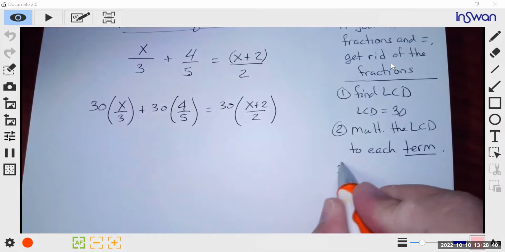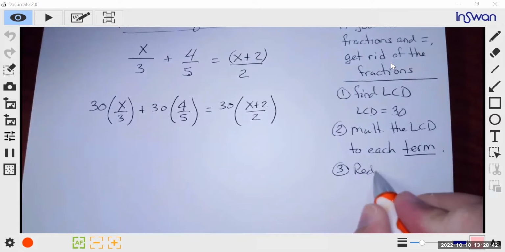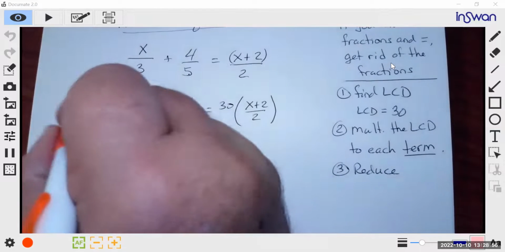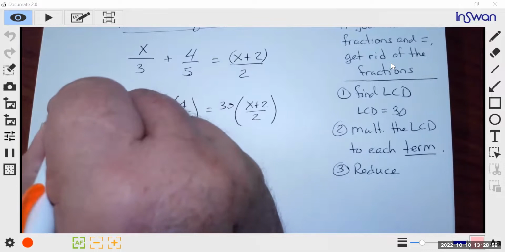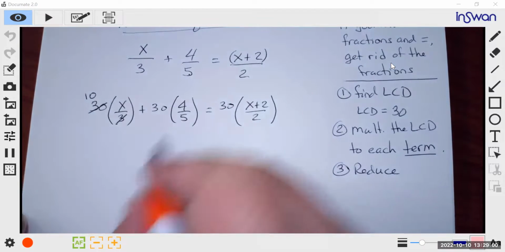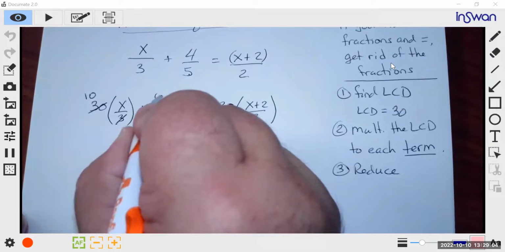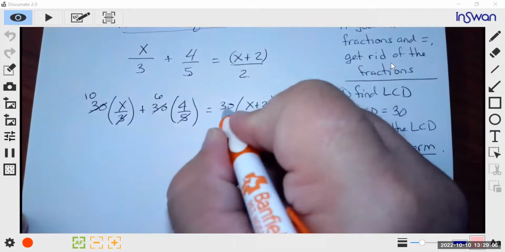Third step. Remember, our objective is to get rid of the fractions. Since we multiplied by the LCD, we know that they have something in common with the denominators. So cancel them. 3 goes into 30 how many times? 10. 5 goes into 30 6 times. 2 goes into 30